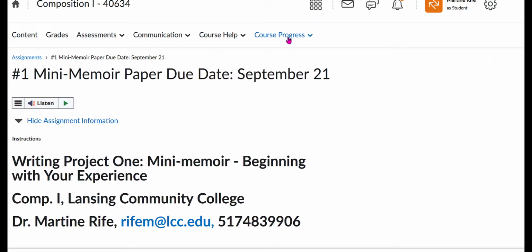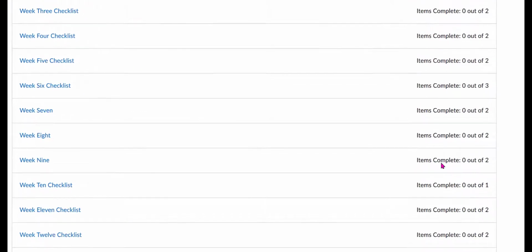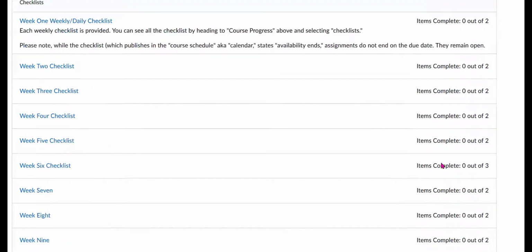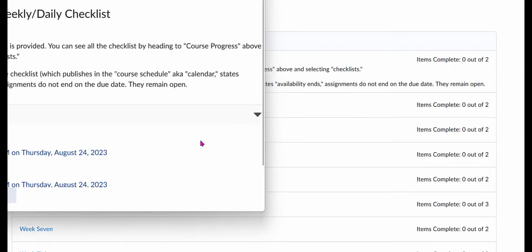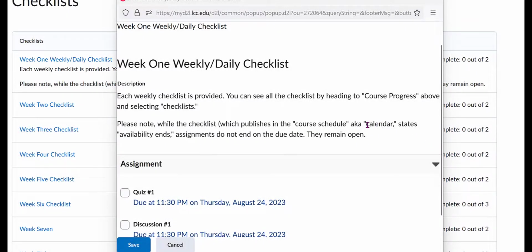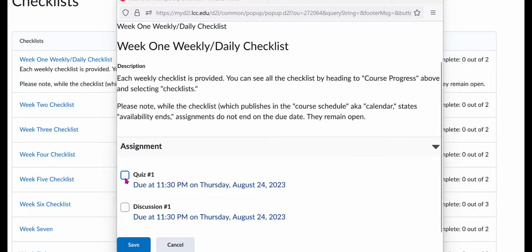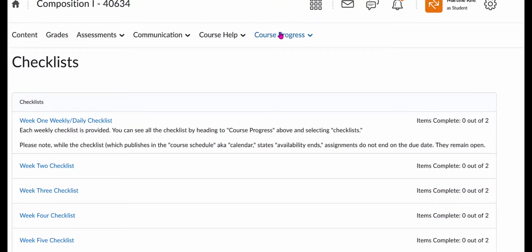And also you can get to the checklist by going to course progress and checklist, and you will see all of the checklists listed here. It isn't required, but if you want to, as you complete checklists, you can check off the items that you completed and click save. If you do that, then it will feed into your class progress report, so you can monitor your own progress by going to class progress,